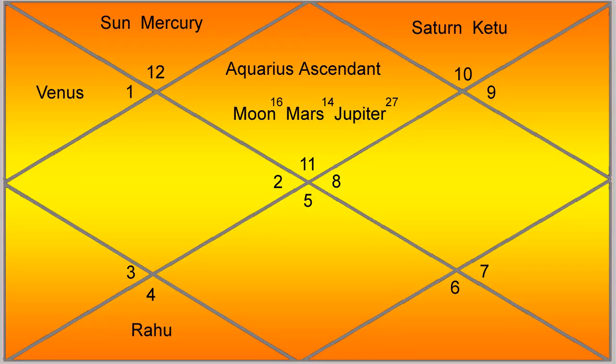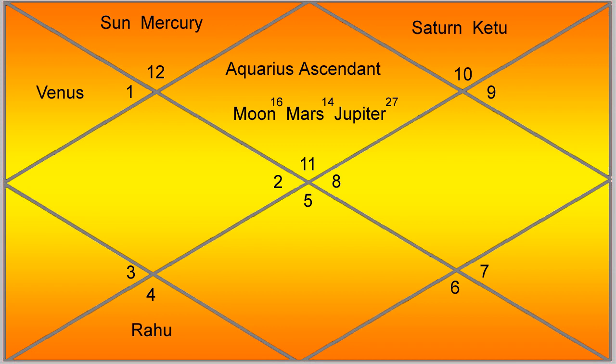But Mars and Moon are friends. But why is it still doing that? Because like I said, Mars is a crude planet, rude planet, and Moon is a gentle and soft planet. However, you gotta notice one thing too. Moon is the functional malefic for Aquarius ascendant, meaning that no matter where Moon is placed, it's gonna cause some hardship because it's Lord of the 6th house. 6th house of enemies, diseases, obstacles, okay?